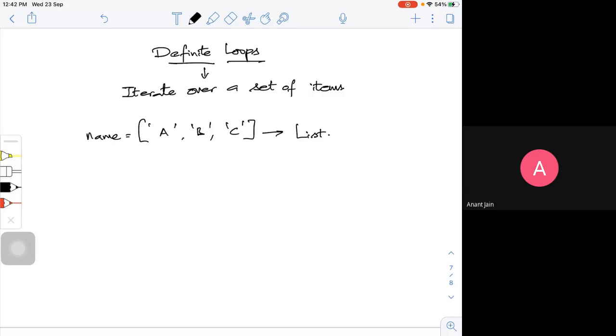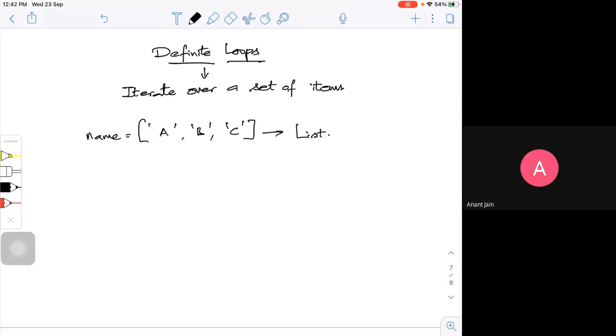It may be as small as one or two data, or it may be as big as hundreds or thousands of data, but that is clearly defined. So now I will try to check a particular friend or something in this loop, and I will try to execute a particular statement. And that's why it is called a definite thing.